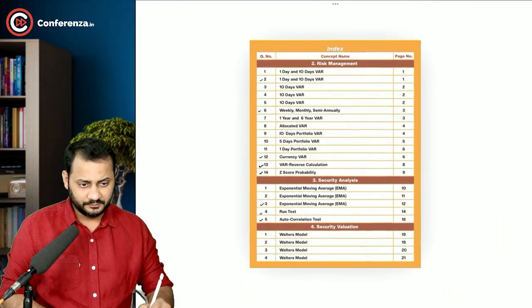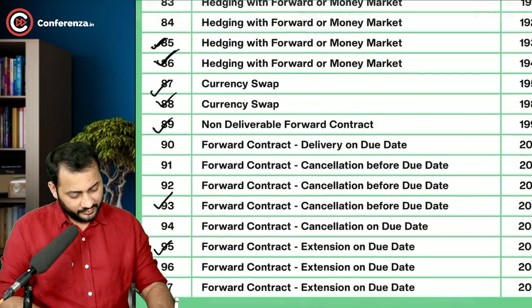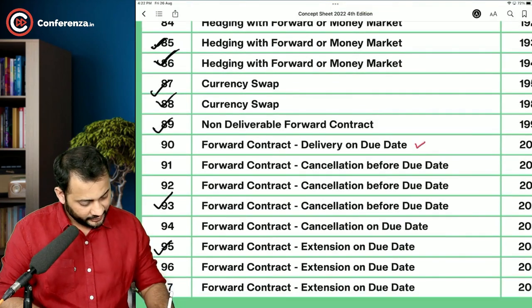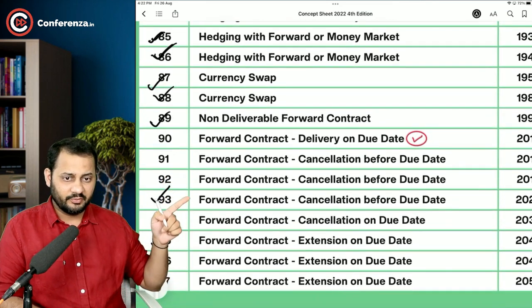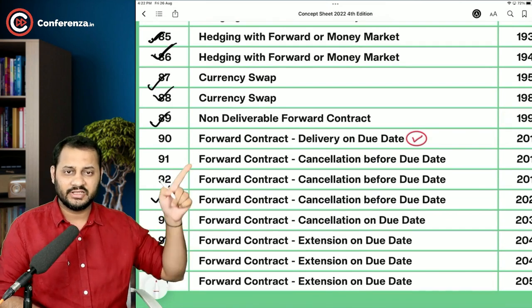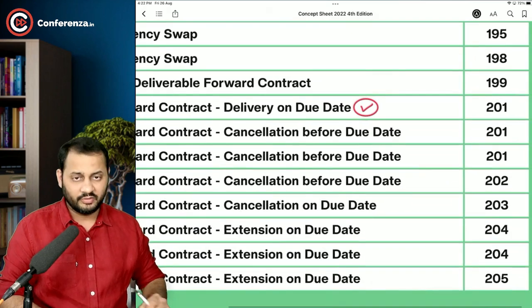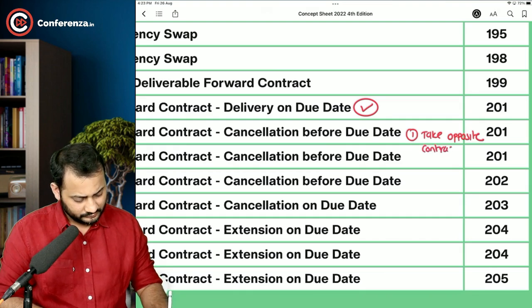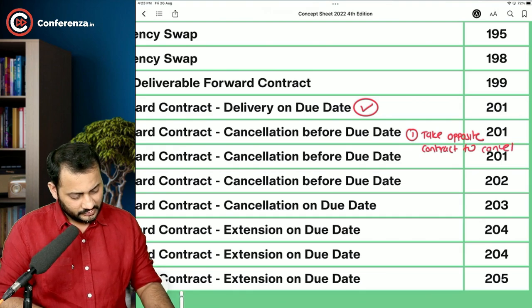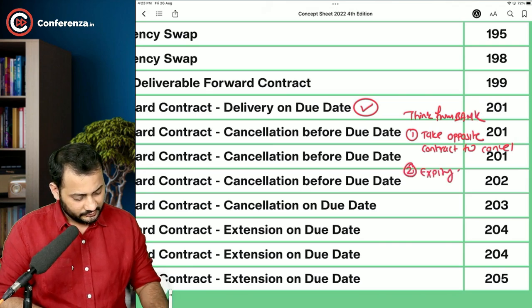Now coming back to the concept sheet. We learned about the forward contract, delivery on due date. It was very easy for us. Cancellation before due date and on due date, we discussed these 4 topics, and what we learned from these is only two things. First, take the opposite position to cancel, think from the bank's angle. Second, expiry of